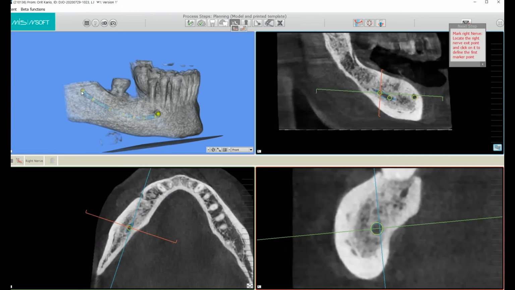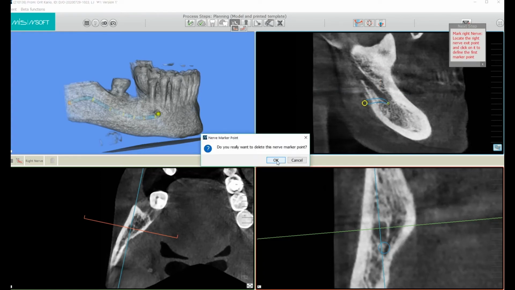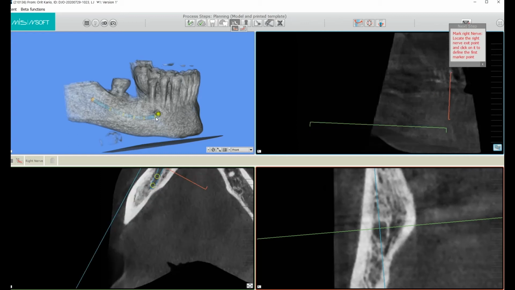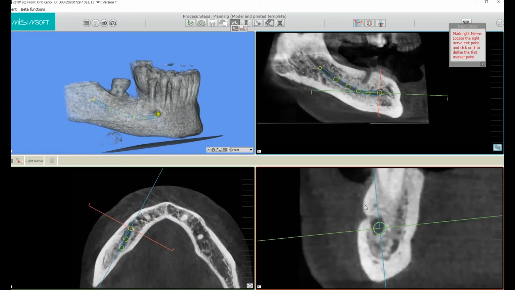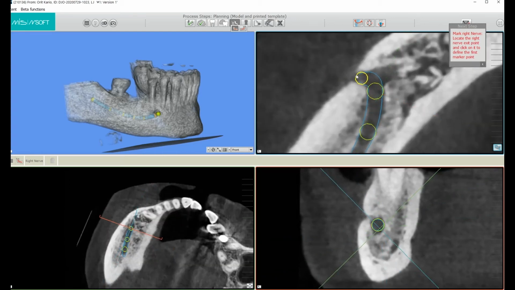If you want to remove a nerve point, hover over it until it's bright yellow. Click on Delete. You'll see a dialog asking if you want to delete the nerve point, where you can select OK to delete it. Working with the loop will help make sure that your placed nerve points are in the correct positions. Taking the view and twisting it helps me check the nerve points to see if they are going around the loop.